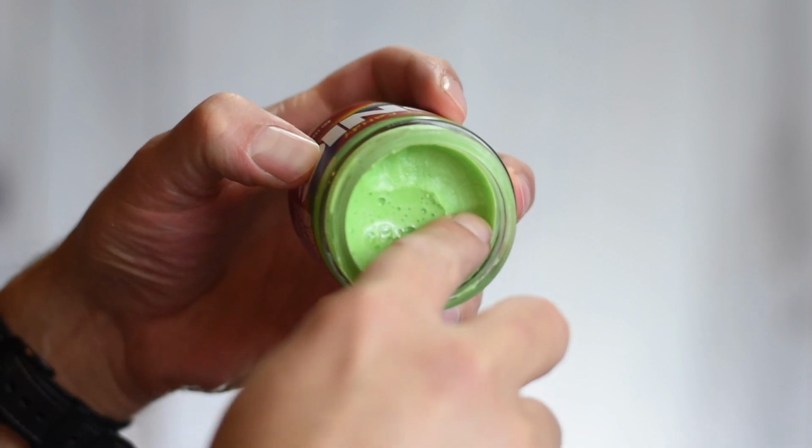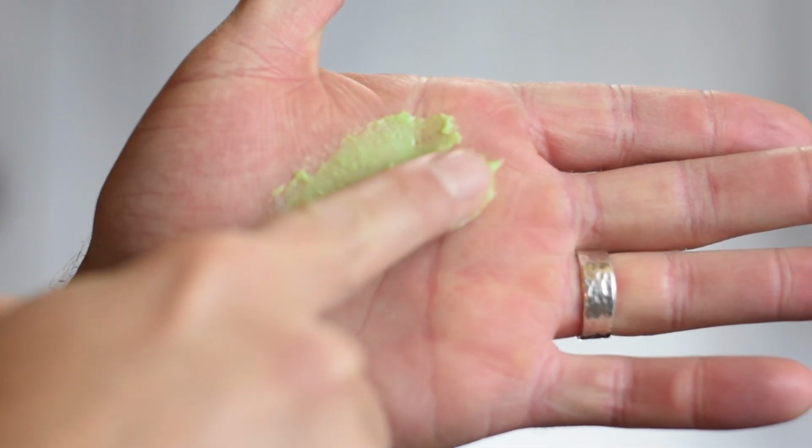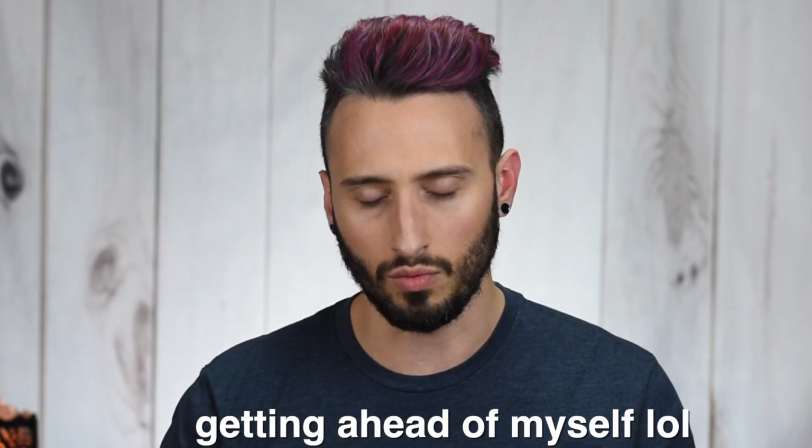Taking a look inside the jar, we can see that this is a creamy boy. It scoops out very soft, very easy, breaks down like nothing. Now, of course, you can use this in dry hair. I've been loving it as a pre-styler. Just put a dime-sized amount into damp hair, blow dry, and it really... Yeah, well, more on that in a minute. We'll get there. So quickly through the ingredients and what it's meant to...